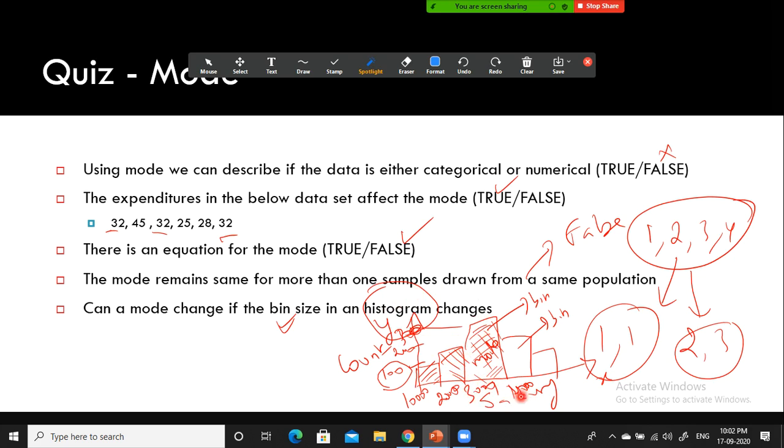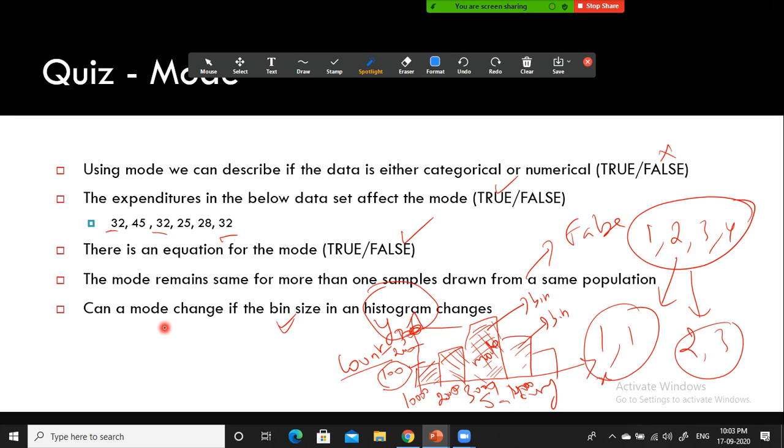But here a range of values is given, the bin, right? In this case, you need to add 30,000 plus 40,000 divided by 2. 70,000 divided by 2 is 35,000. The mode is 35,000 in this case. You need to be a bit cautious and aware of this one, okay? So please don't forget, when it comes to a histogram, on the y-axis the count is plotted.